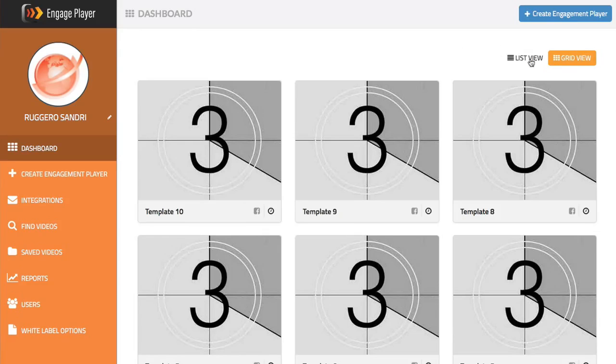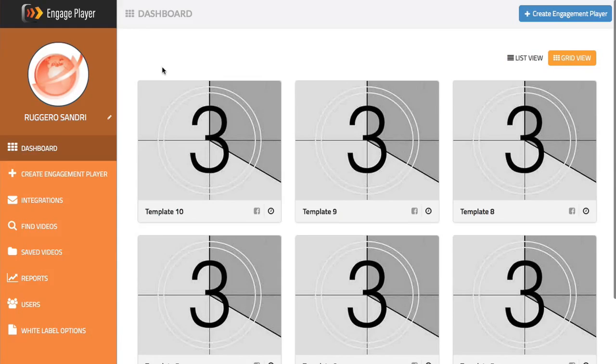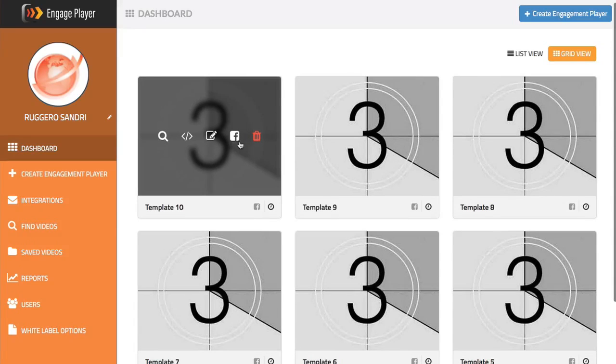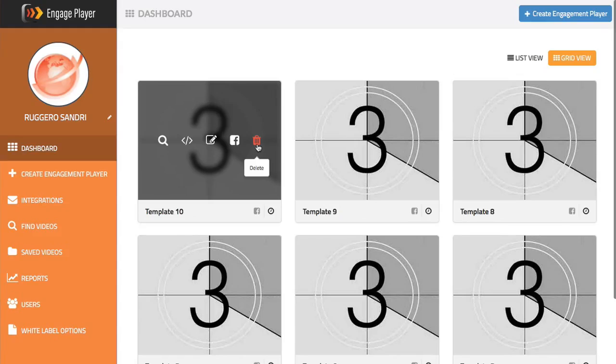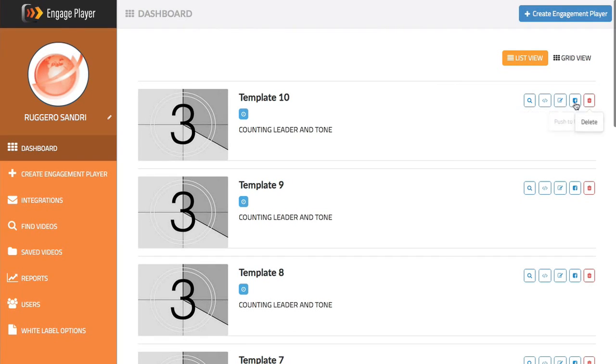Basically, we provide two different views: the grid view and then the list view here. On grid view, it will display the name of the engagement, as well as if we roll over, we can take a look at the preview, grab the embed code, edit it, push to Facebook, which is part of the premium plan, so I'll show you that in a bit. And then, of course, delete it. Now, those same exact options are available on the list view as well, right over here. All right,